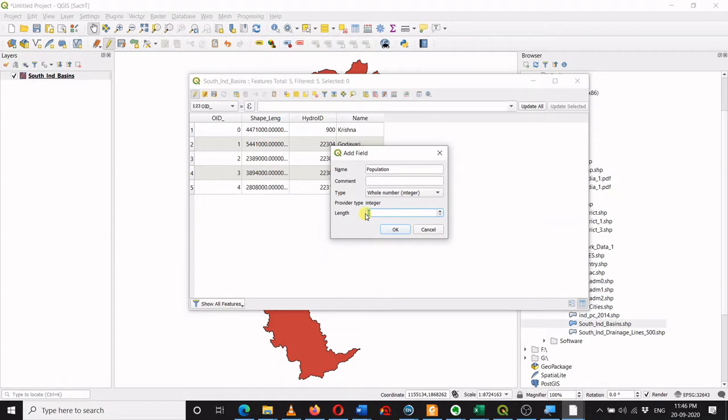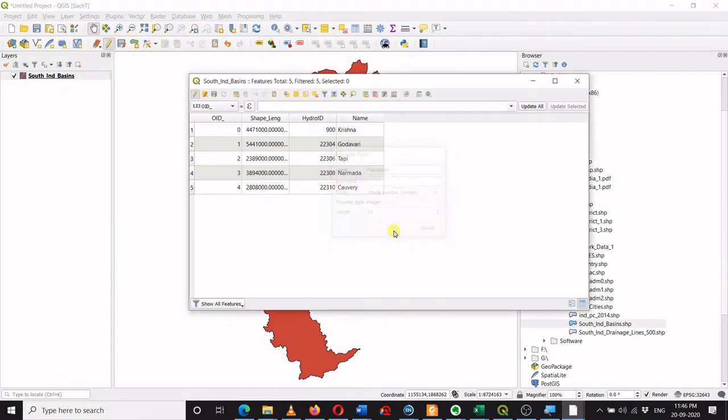So let's say I will keep it as 10. So the maximum width of the number which I want to enter in the population column can be 10 digits. If it is text, then it will be 10 characters. Then I will click OK.